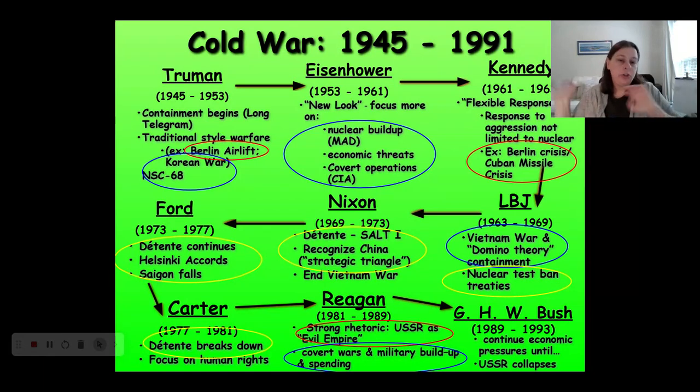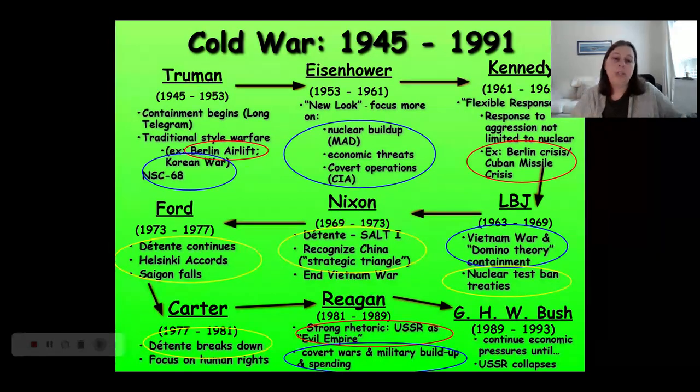The last version of this that you saw did not have Reagan and Bush, and so we're adding them at the bottom. What you can see from the colors here is that under Reagan, we're going to see another shift in how we're doing containment policy during the Cold War. We've been in détente for about 10 years, right? Détente was introduced under Nixon, continued under Ford, and then reluctantly continued under Carter until it broke down when the Soviet Union invaded Afghanistan in 1979.